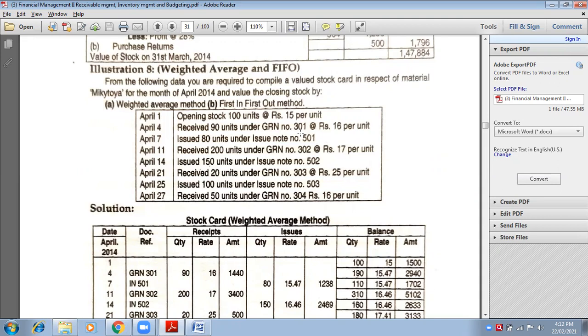Is it correct? Yes, ma'am. After writing down 20 units, do we have any other units from the earlier date? Yes, ma'am, 90 units. 90 units are not issued anywhere. They are there with